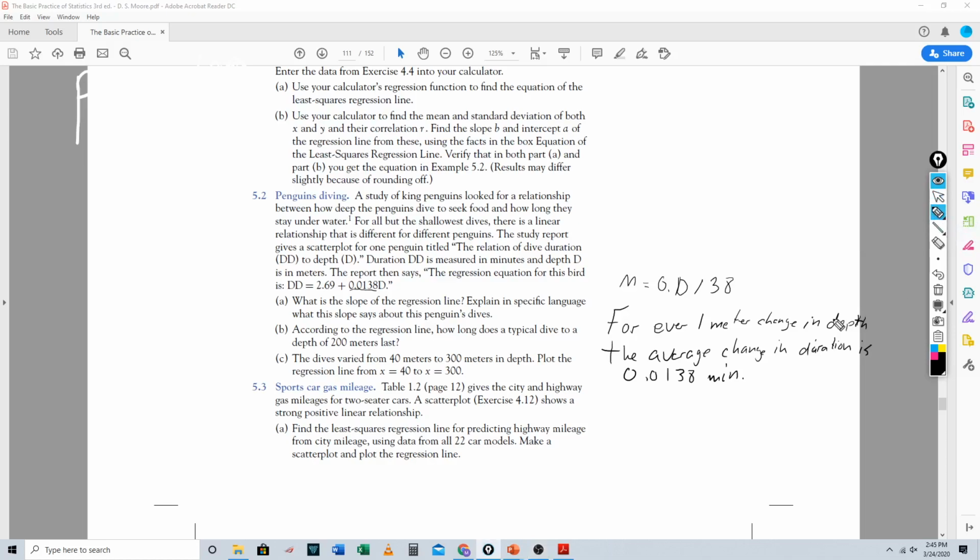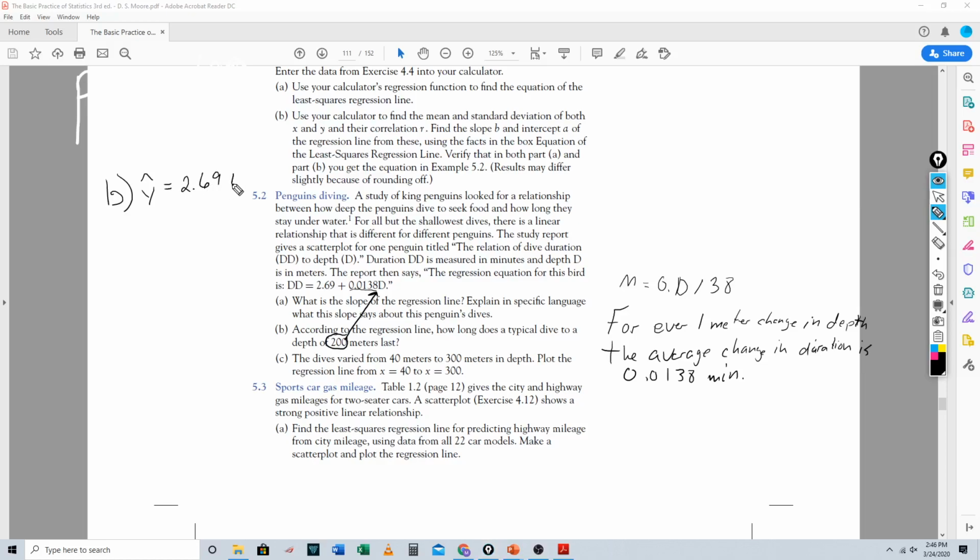Part B, according to the regression line, how long does a typical dive to a depth of 200 meters last? Now, what that means is they want us to plug in, where's my pen at? They want us to plug this in for D. Okay, so I'm going to put that over here. So part B, got plenty of room here. They want us to put y hat, because that's our prediction, is equal to